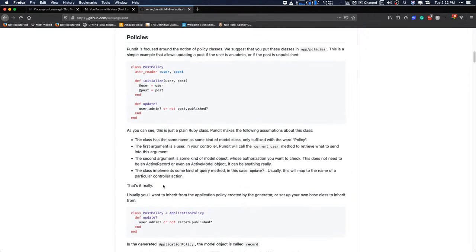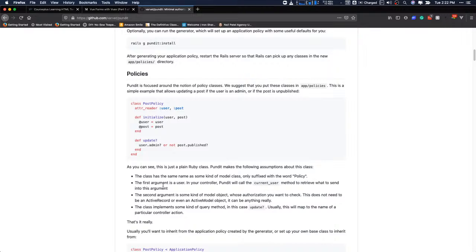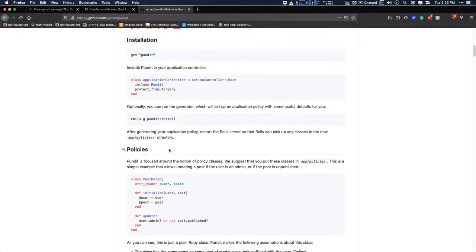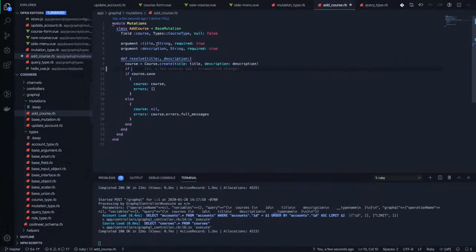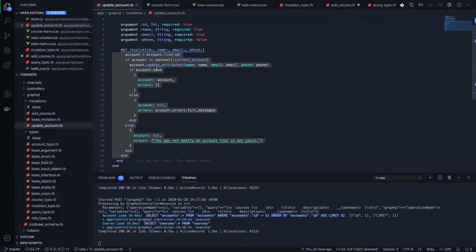So anyway, I'll have to set that up next. Here we go. Initialize user post. So yeah, maybe I'll set that up next time so that I have permissioning going on. Because, for example, I do have it on the update account, and it just checks, are you the current account that's signed in? But I want admins to be able to change accounts too, right? So anyway,